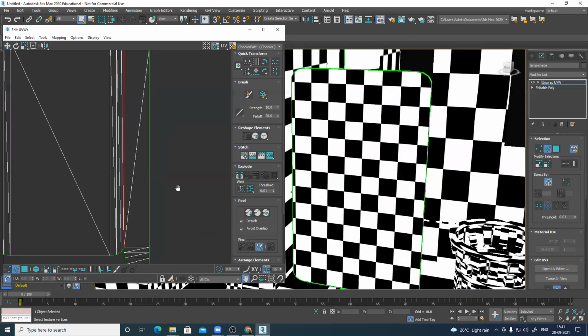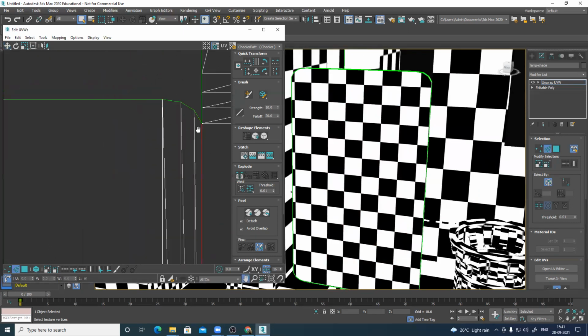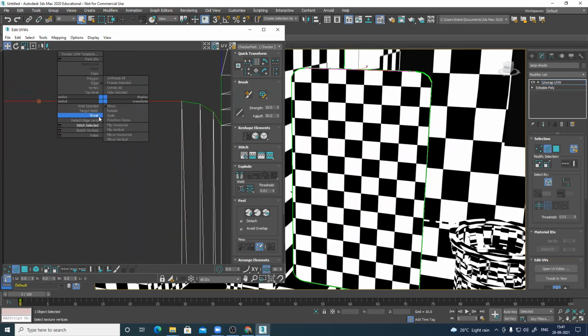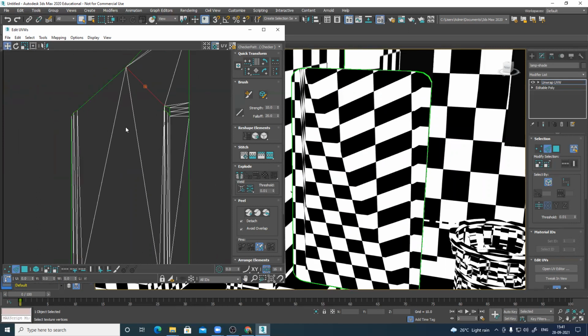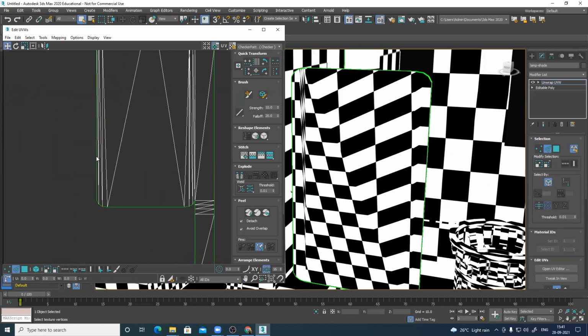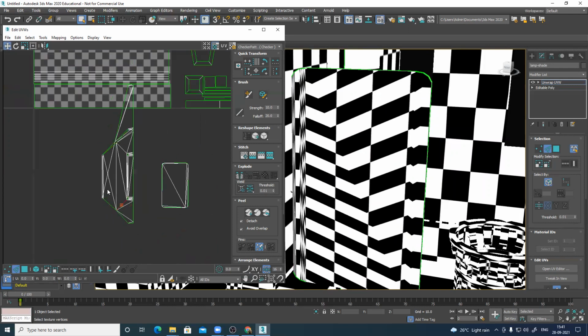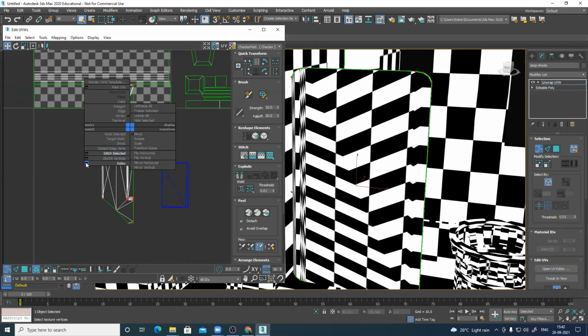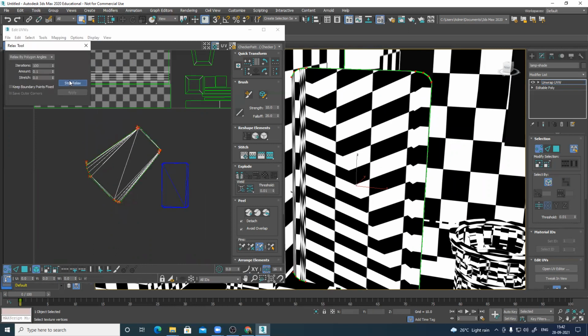and stitch only one side. Stitch. Stitch. Stitch. Polygon angle.